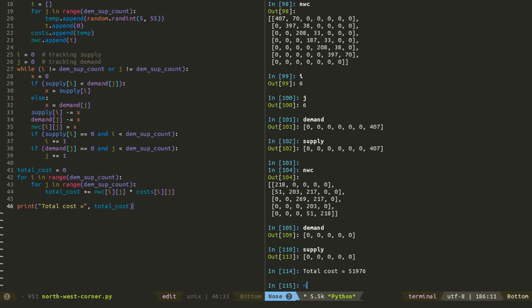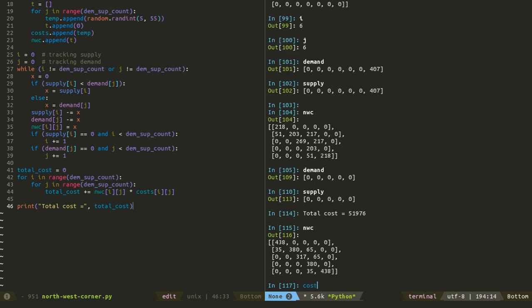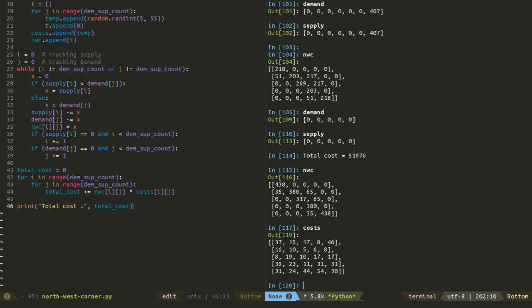Let's check it. NWC and costs. Okay, so we got costs and we got NWC. Now what we gotta do is just multiply the specific positions, and that's not hard, at least. And here we can just do 438 into 37 plus 16 into 35 plus 380 into,